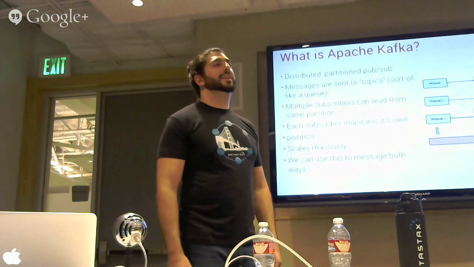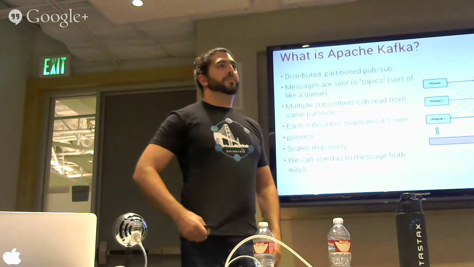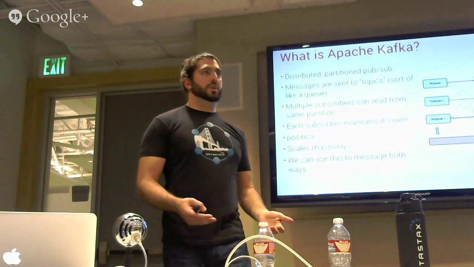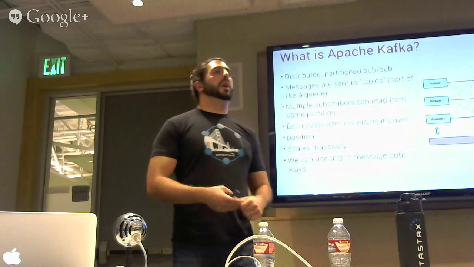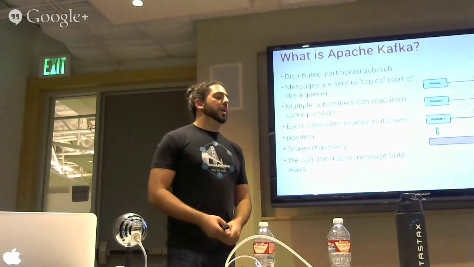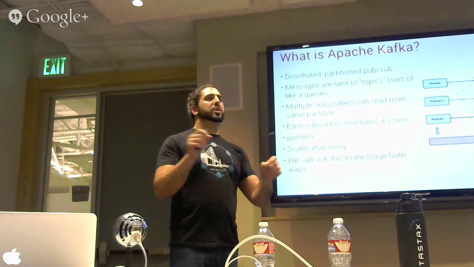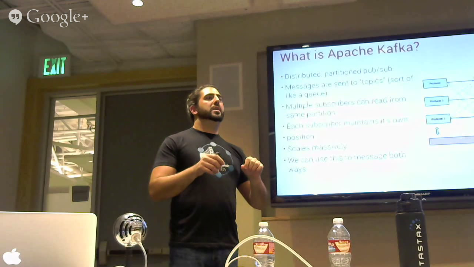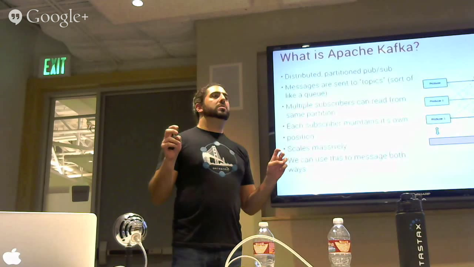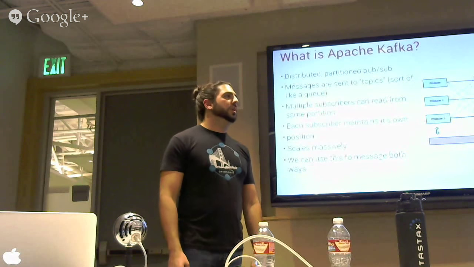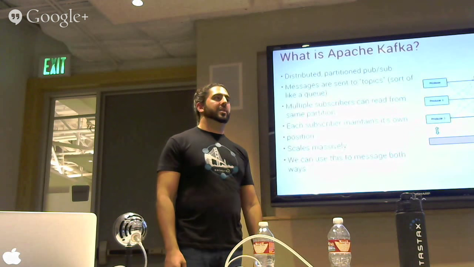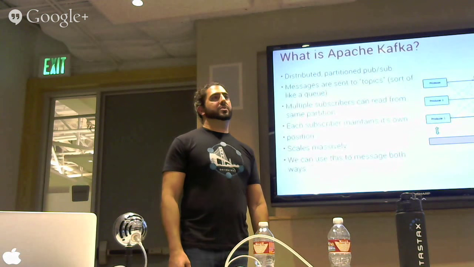Sorry. Is the topic limited to the one machine or the distributed topic? Distributed. So a topic is partitioned. If you want to get high concurrency through Kafka, you have to create additional partitions for a particular topic. This is a little bit tricky because when they're moving between machines, the client or the subscriber needs to be aware of them, and the high-level Kafka consumer, I believe, is aware of it. There's a low-level one where you get exposed to all the nitty-gritty details of it. It's a little bit more hardcore than I'm interested in right now, so I don't use it.